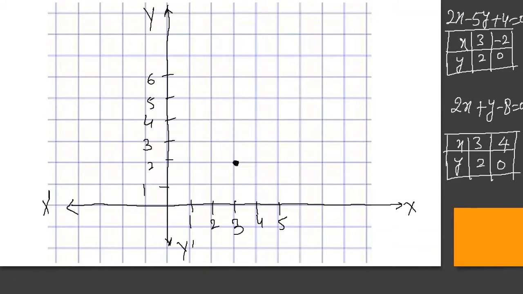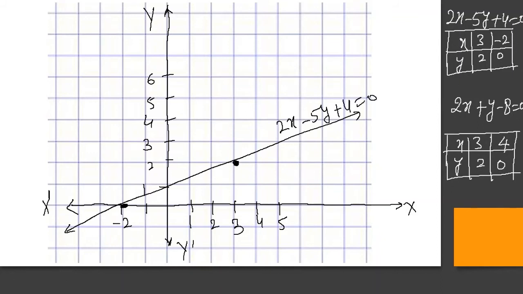The next point, the value of x is -2. So this is -1 and -2, and the value of y is 0. In this manner the points are far apart, so it is easy to draw the line, but sometimes it is not. Suppose the points are very near, then you cannot decide the right direction. That is why 3 points are required. 3 points will indicate accurate plotting of the graph, but sometimes we manage with 2 values also.